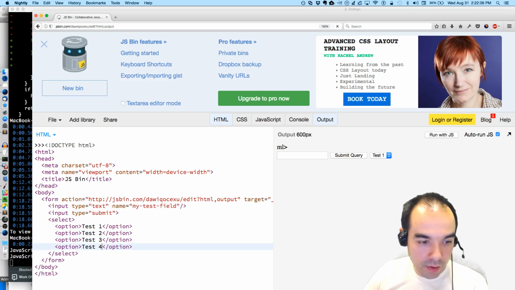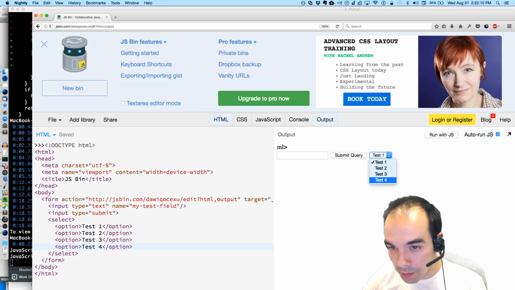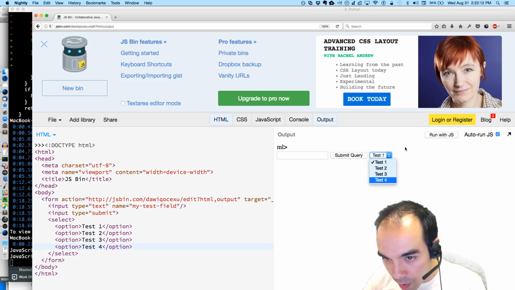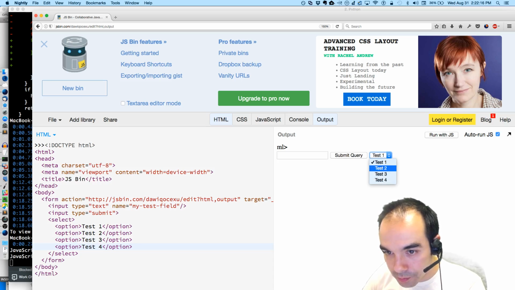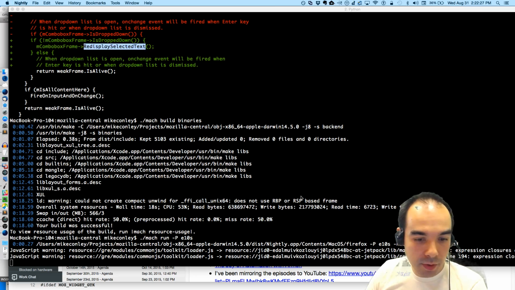3 and 4. So now when you key through this, we don't update this thing up here, whereas in our current release we do. And that's more platform. That's how the platform, or OS X, is supposed to work, I think. All right, so let's put that up for review.